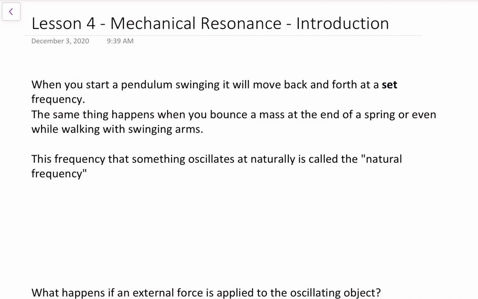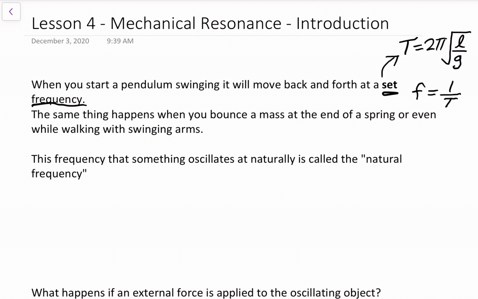and forth at a set frequency. And we can calculate what this frequency is using the formula T is equal to 2 pi multiplied by the square root of L over g. If we want to figure out the frequency instead of the period, well, frequency is just going to be equal to 1 over the period. So if you want to figure out what frequency something is going to vibrate at, well, that's relatively straightforward to